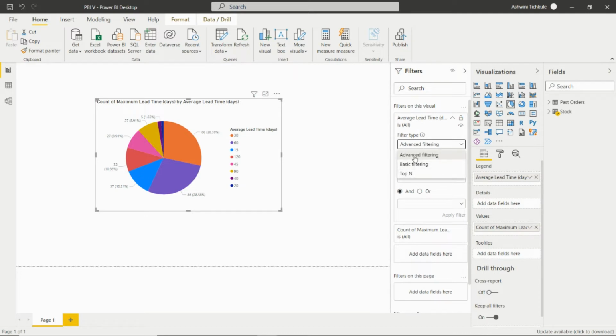So what advanced filtering does is, from here we can set a particular number, like is less than, is less than or equal to, is greater than or equal to, is not, is not blank. So what is the use of this? If anyone asks us to find the average lead time between 60 and 90 days, we can set the filter for those particular days from this advanced filtering by selecting